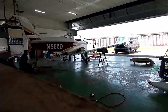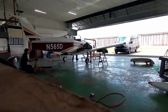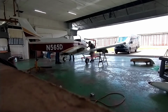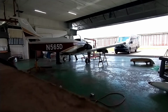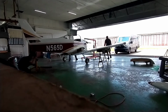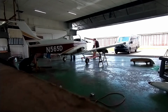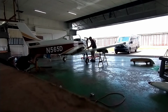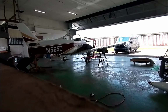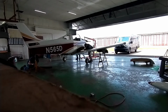It can't have any more than 2 seats. The propeller must be fixed or ground adjustable. Non-pressurized cabin. Fixed landing gear. Fixed or repositionable landing gear or hull for water airplanes. Maximum stalling speed, it's not more than 45 knots. So